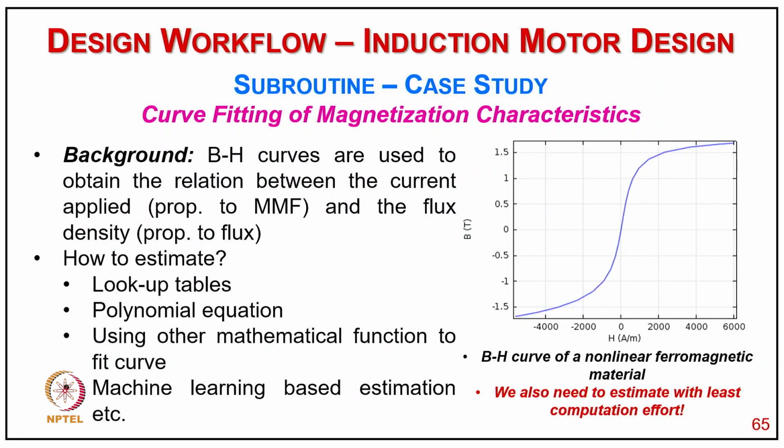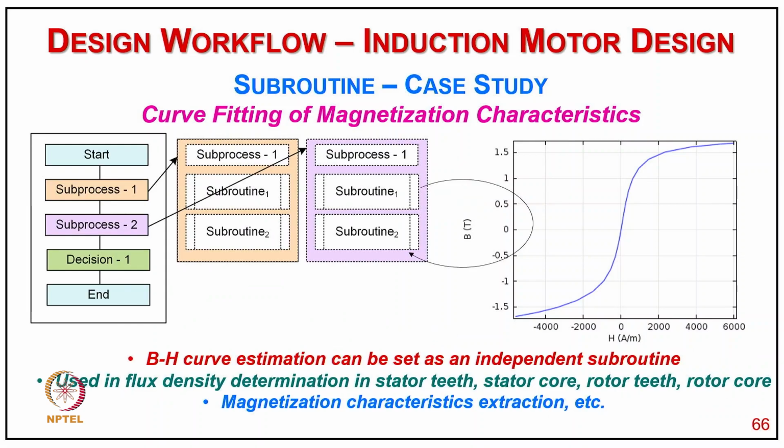So here the background is that BH curves are used to obtain the relation between the current applied, in terms of MMF, and the flux density. And how do we estimate it? We have a lookup table for the material, and then maybe a polynomial equation for this characterization, and other mathematical relations for fitting the curve, typically for the loss curve as well as the BH curve of the machine. We can also use machine learning based estimation. We also need to estimate the least computational effort needed for fitting this curve. So in this process of curve fitting of the magnetization characteristic, we can start with